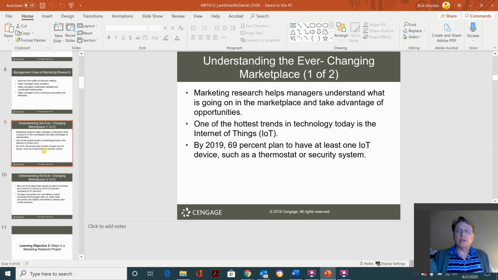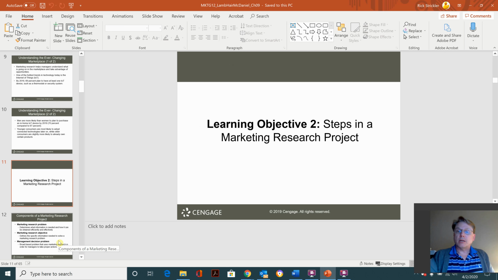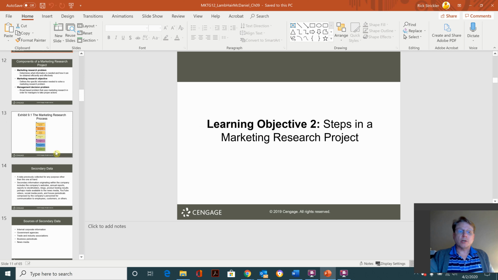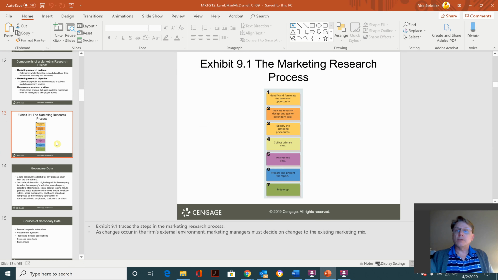It has an example here about the hottest trends in technology. Again, we just went over that. So next would be steps in marketing project research. And here's a little chart that's also in your book, a little model for the marketing research process. The first one is identify and formulate the problem or opportunity. So this COVID-19, of course, has